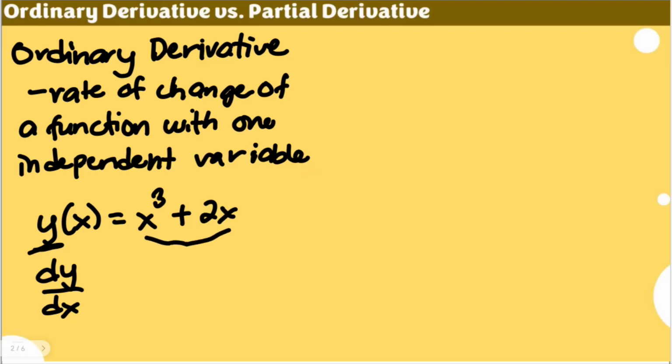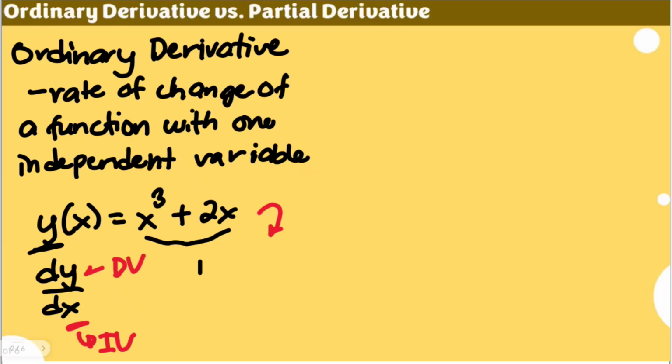We know that this notation at the bottom talks about your independent variable, and this is for your dependent variable. So if we're going to operate this and get its first order derivative, specifically the ordinary derivative,